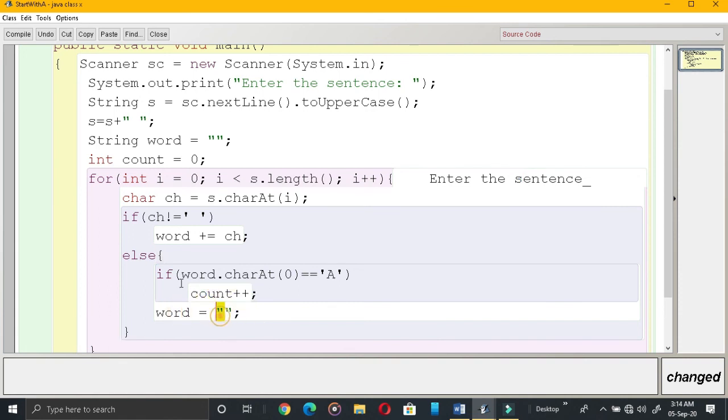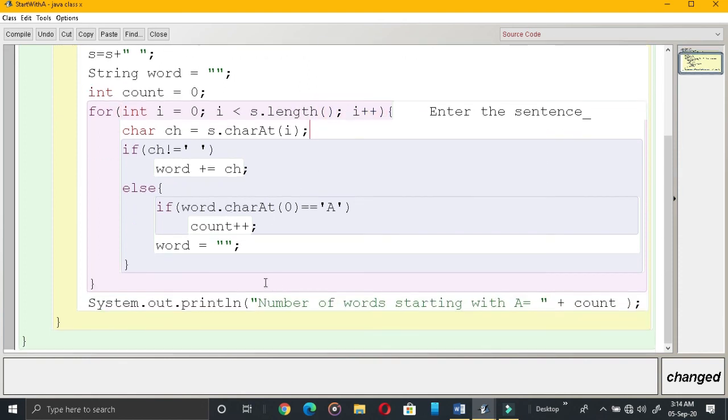Word will be empty now. Coming over here, the loop ends, there is nothing to execute. Coming out of the loop and printing the number of words starting with A, in this case 0 will be printed. Okay, this is the way the program is going to run.